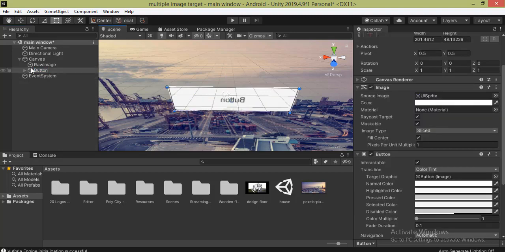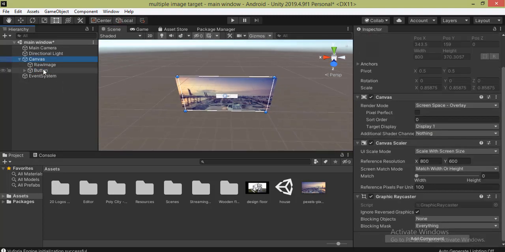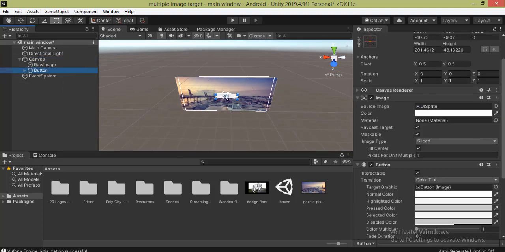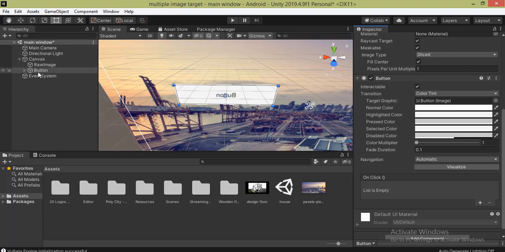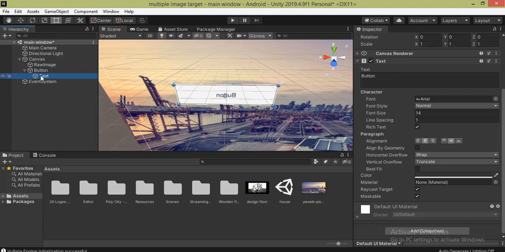Now I'm going to set this button on the right hand side of the corner. For that, again I just double click on the canvas, select this 2D button and drag it towards this side. Now in the hierarchy, just click on the button, open it, and you will see there is an option of text. When you select this text, go into the inspector panel, you will see there is an option to type a text. So I just type floor plan.